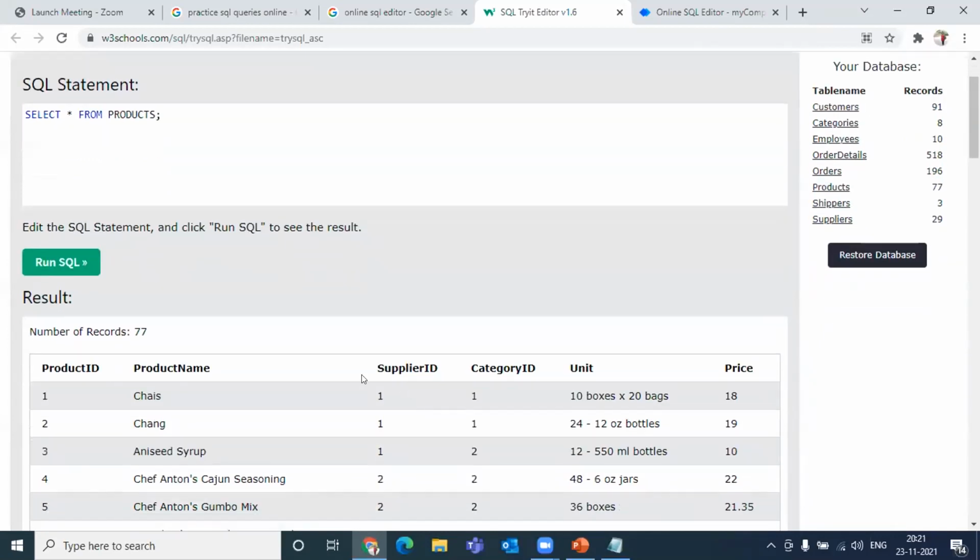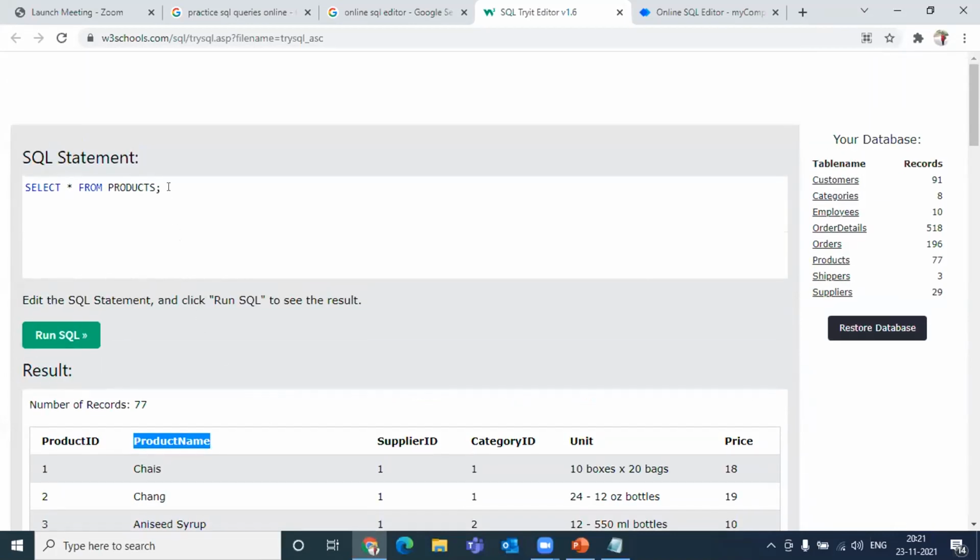Now the situation that I'm going to ask you is going to change. I just want you to print the product name, only the product name from this products table. Think, write the query, check if it is working, send me the answer in the chat. I want only product name to be displayed, nothing else. Select star, product ID is not correct. Think, guys, think what we will put.